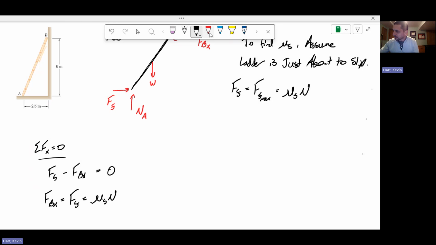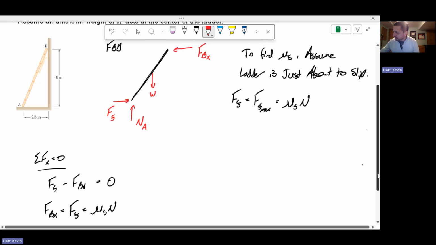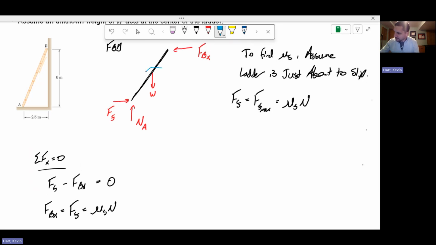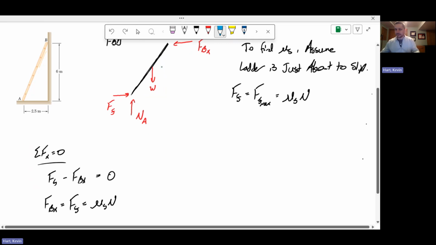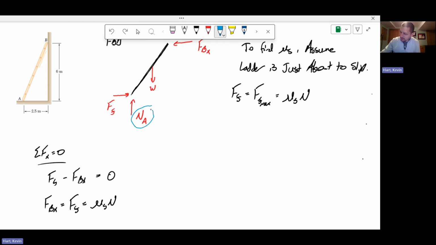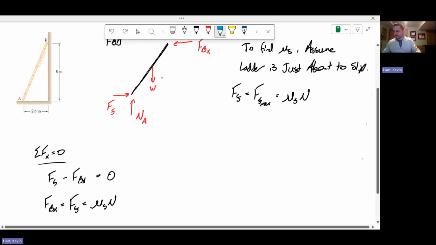Now, we have a bit of a sticky situation here because we have this weight W, which is actually unknown. So the next step I might do in my free body diagram is sum some of the forces in the Y, but I'm just going to get that NA is equal to W. And honestly, that's not all that particularly helpful for us here. Instead,